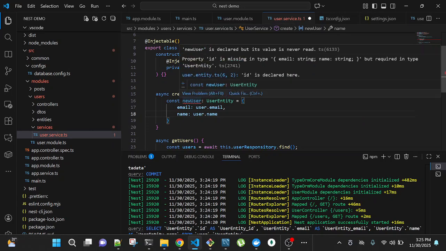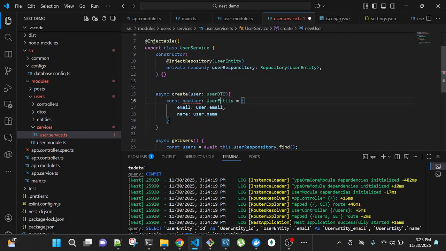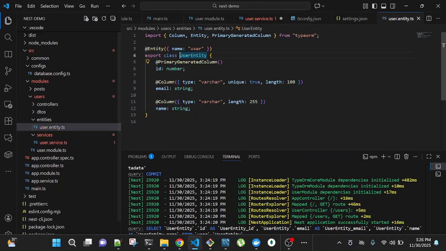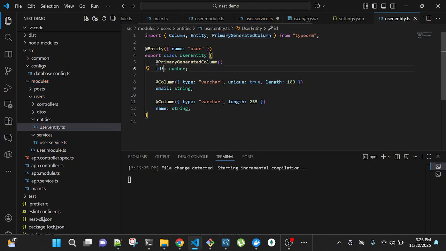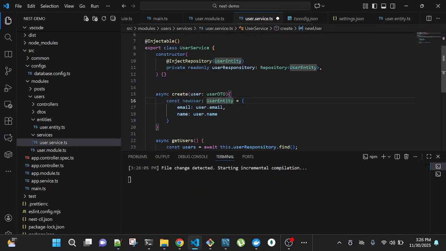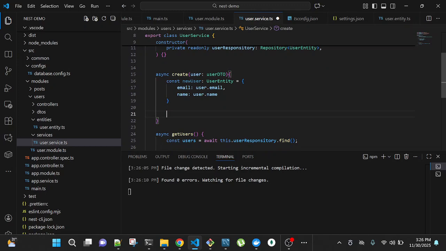It's still needing ID, but ID will be optional. Let me come here and make ID optional, because we are not assigning ID by ourselves. It will be created by our database system.